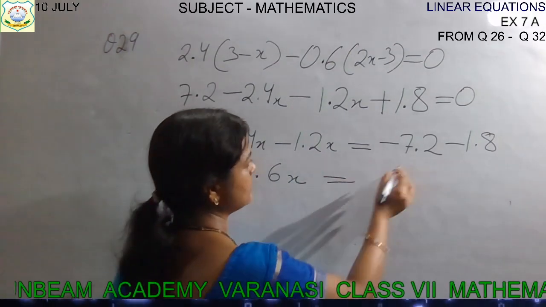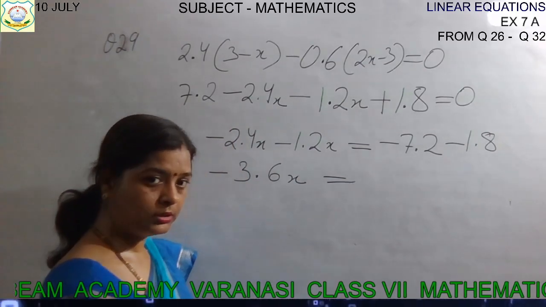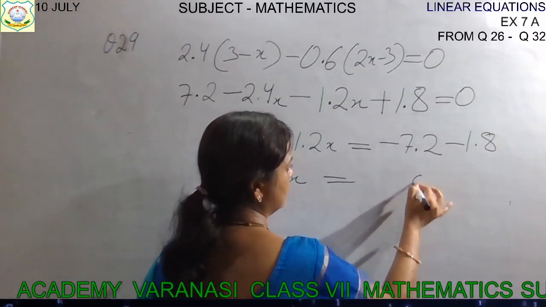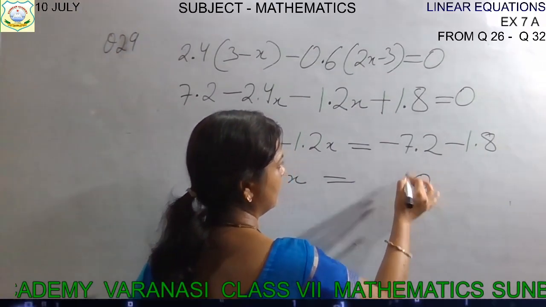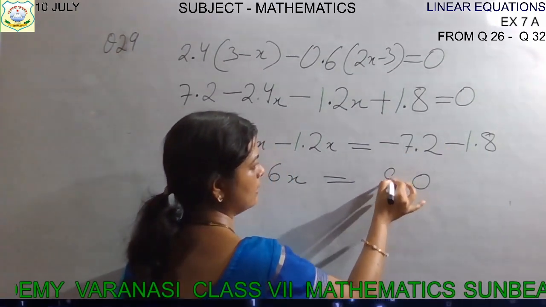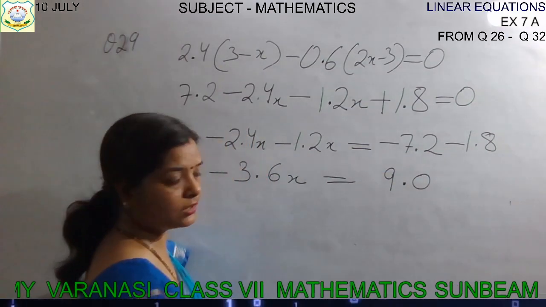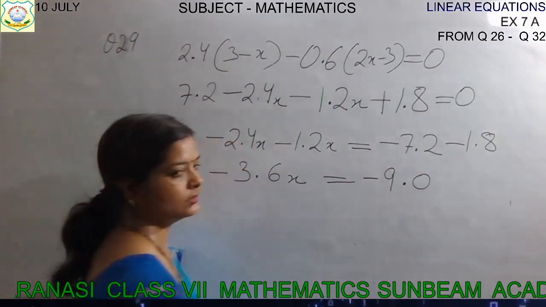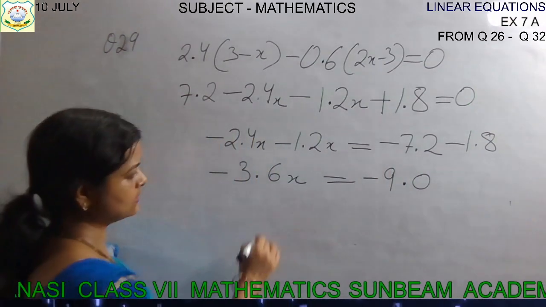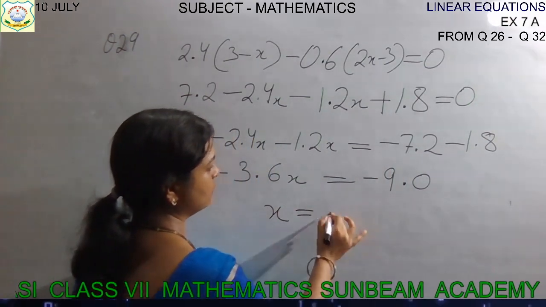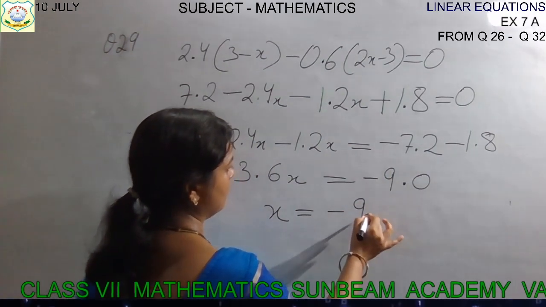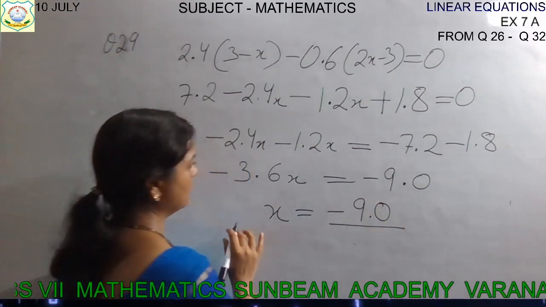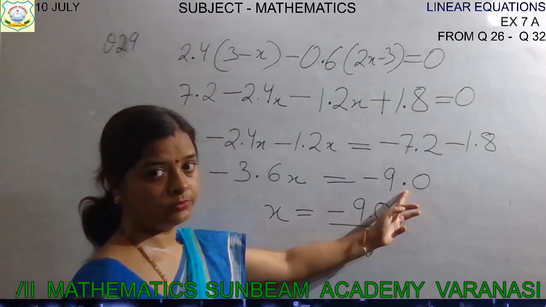That is equal to, same case on that side. Both the numbers are negative, so we will add them. 8 plus 2, 10. Decimal point will come here. 7 plus 1, 8, and 1, 9. 9.0 along with the negative sign. Clear? Now next step, children. X is equal to minus 9.0 divided by, no need to remove this decimal, okay?